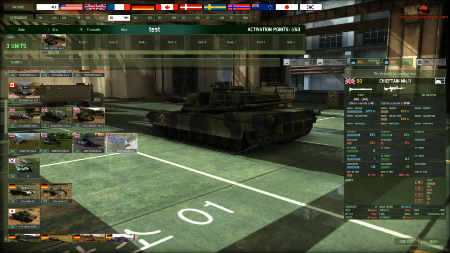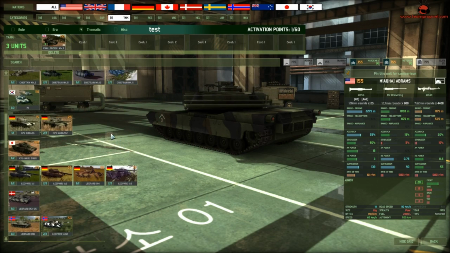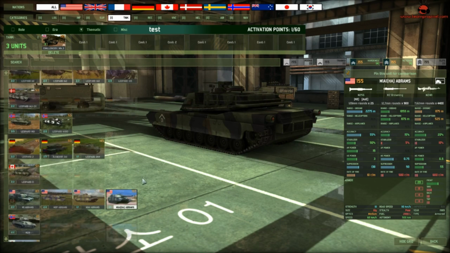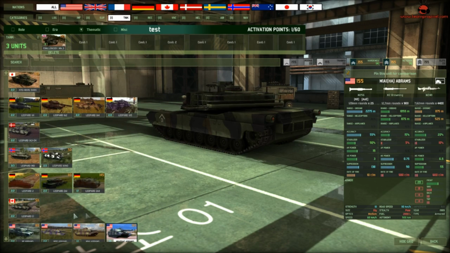Mainly the Chieftain, which is 80 points. We're gonna lower around 60 points lower. We're gonna have the K1, which is 110 points. Oh, I forgot almost one of them. Before I actually said that the Challenger was winning actually, I nearly forgot the